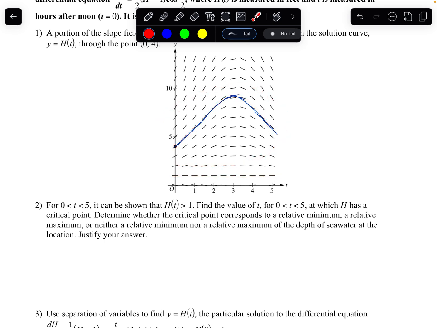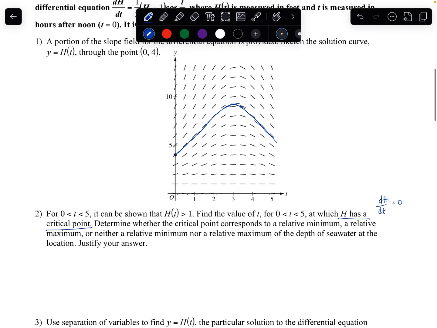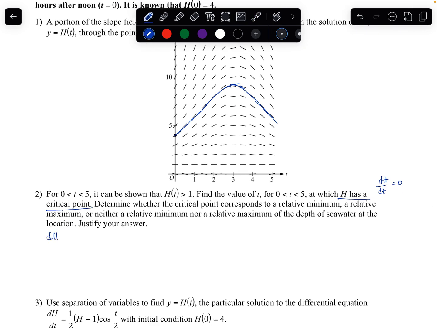So find the value of t. So along here, find the value of t at which h has a critical point. So remember that h has a critical point. That's when h prime, or I guess we should say dh dt, that's when dh dt will be equal to 0. So let's first find that. Well, I have dh dt given up here. So what you're going to want to do is take dh dt